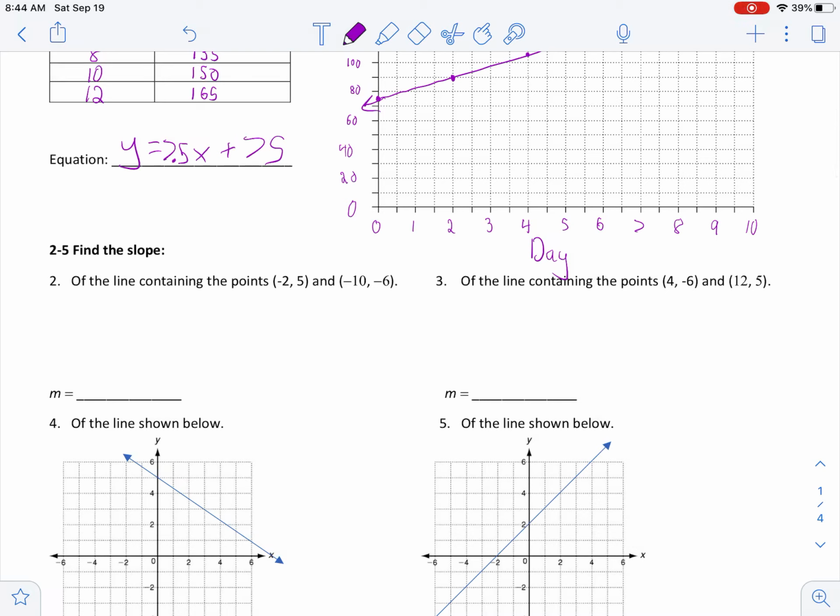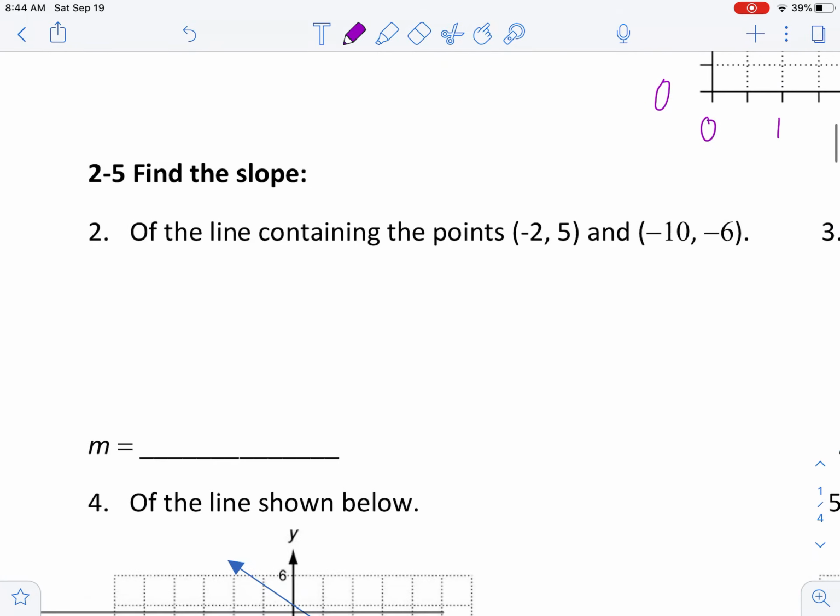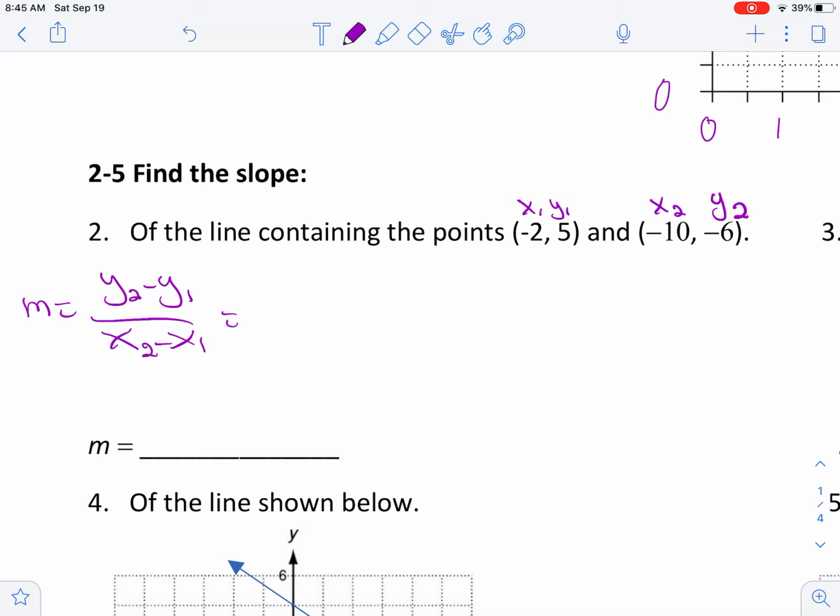All right, number 2. On the line, find the slope of the line containing those 2 points. Well, I have my x1 and my y1, x2, y2. So I'm going to go ahead and subtract y2 minus y1 over x2 minus x1 to find my slope. Slope is also thought about as rise over run, and that is ultimately what I'm finding here. I'm taking the rise, which is the difference in the y's, and dividing it by the difference in the x's,